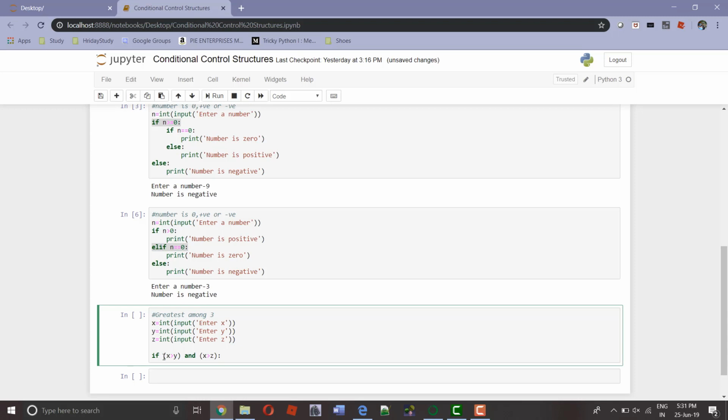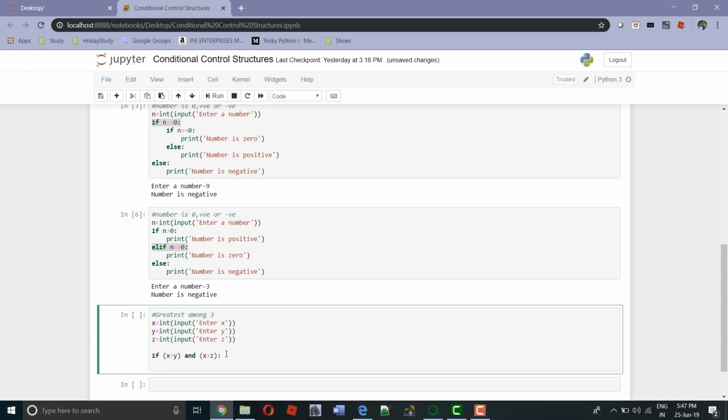So this is an example of a compound condition, that is we have more than one condition over here. Now if the above condition is true, we will give the message that x is the greatest number. We want the value of x to be displayed, so we will give x outside the quotes. x is greatest number.